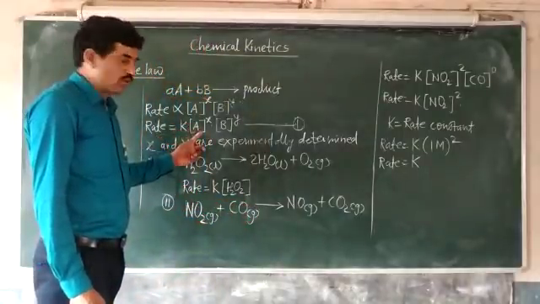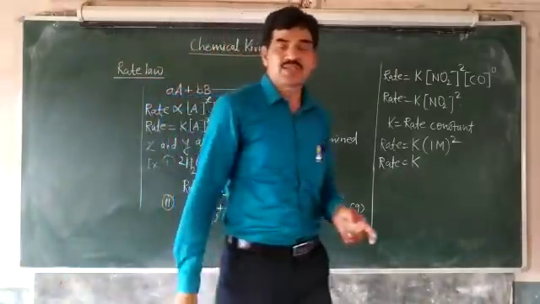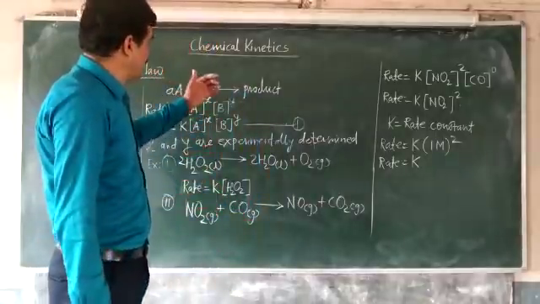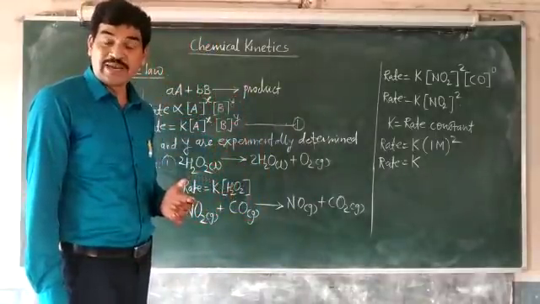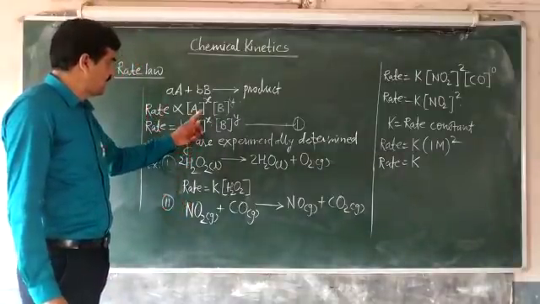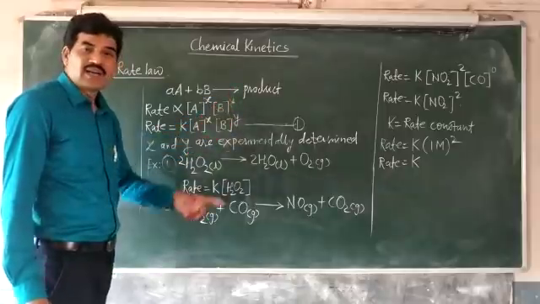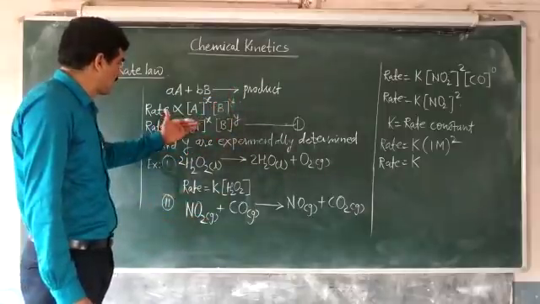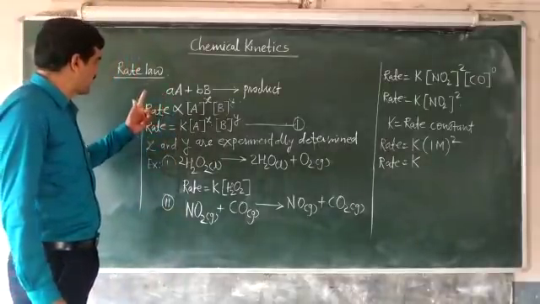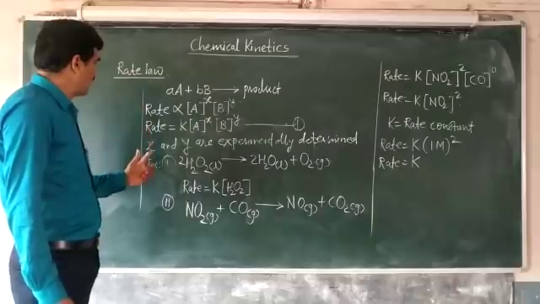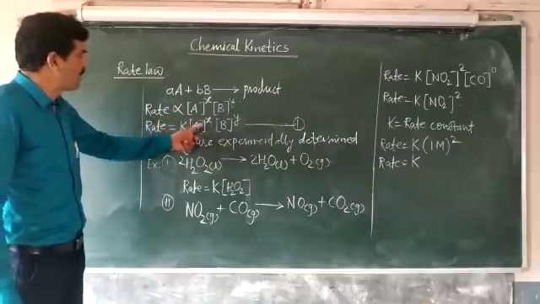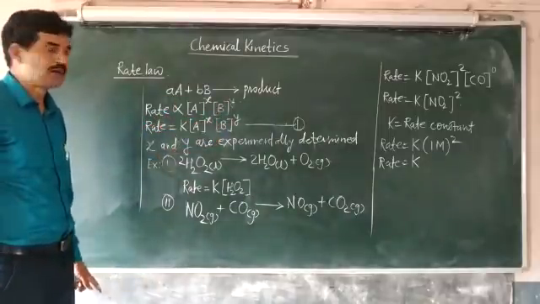So it is important to remember that the rate law for any chemical reaction cannot be written theoretically. To write the rate law of a chemical reaction, we should study the chemical reaction experimentally. From the experimental study, we get the values of the exponents such as x and y, and then we can write the rate law for the particular chemical reaction. So rate law is defined as the relationship between the rate of chemical reaction and the molar concentrations of the reactants for a particular reaction.